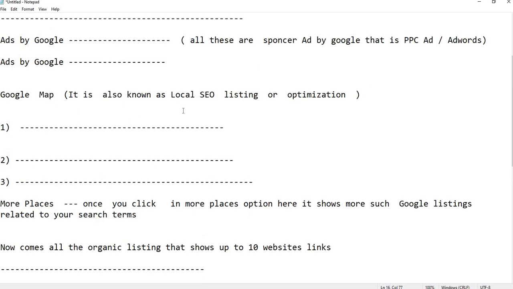Why is Google Map called local listing? Because here we are ranking our website for a local area only. Say your father is operating from the Taliganj area. He is a child specialist and also an MD. So his chamber is located in Taliganj, and he will be looking for patients from Taliganj and the adjoining area only.